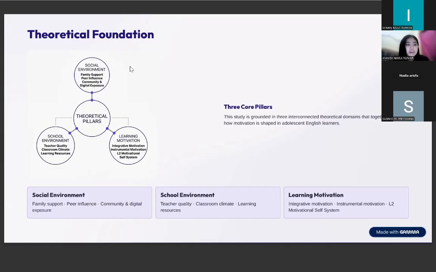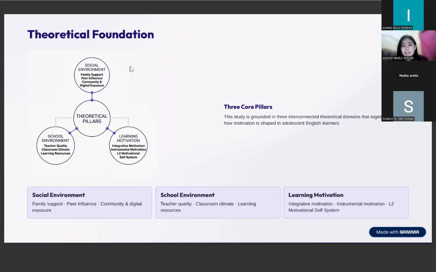In school environment, we have teacher quality, classroom climate, and learning resources. And the third is learning motivation. In learning motivation, I have integrative motivation, instrumental motivation, and the L2 motivational self-system.